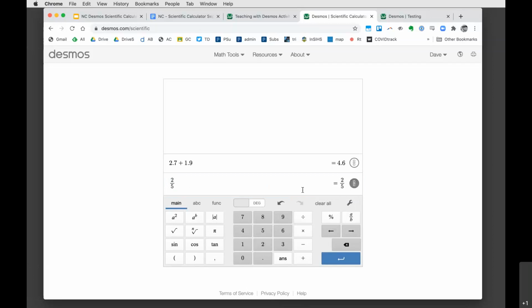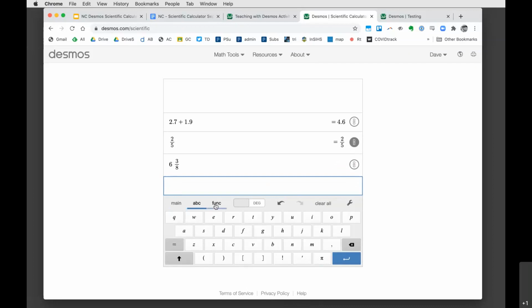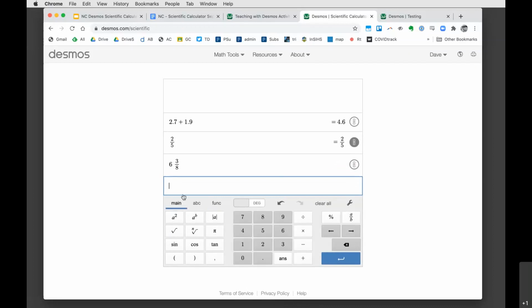Furthermore, if I wanted to input a mixed number, the first way I show that to you is to type in 6, hit the space bar, and then the fraction end of it after that. Now, if you have students working on a tablet, unfortunately, the keyboard doesn't have that space option available, but there is a way to make sure that we get it done. The way to do that is to start with that fraction end of it,